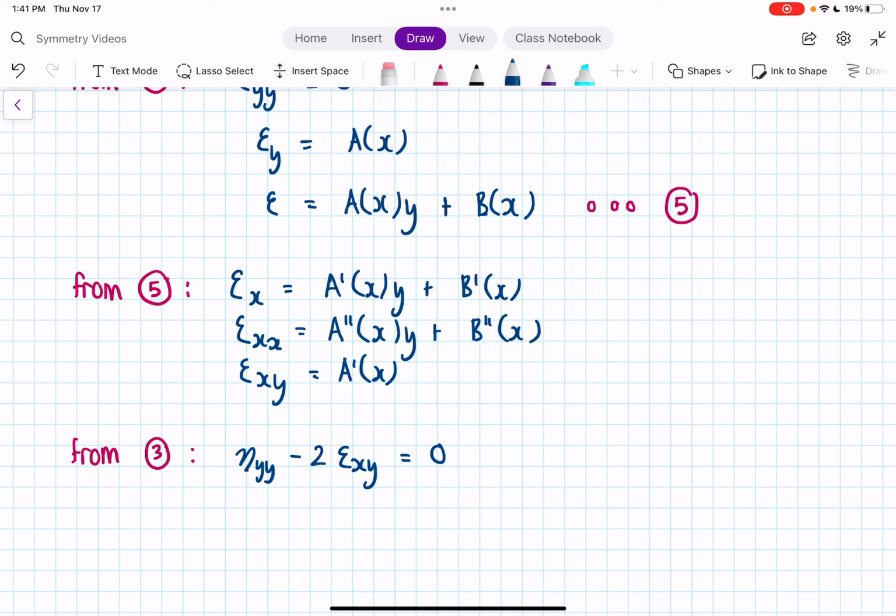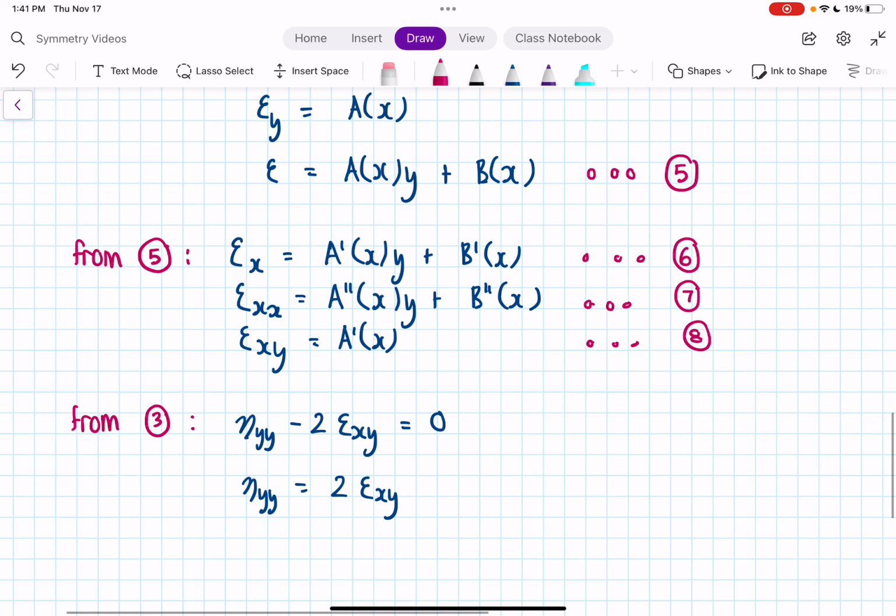And which means I can then say, and what I'm going to do is I'm going to number these as well. Well, that was, okay, so that's 6, 7, 8. So we can then say